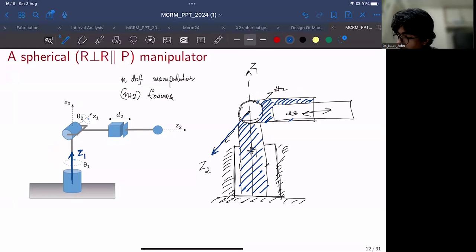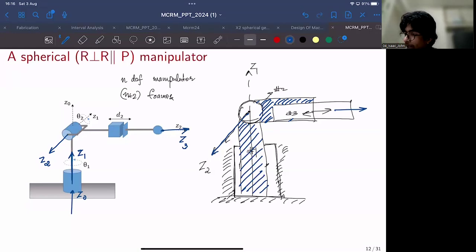So I'll basically have Z2 over here like this. And Z3 would be along this axis because it's a translational joint. So I'll attach Z3 over here, Z3. Now we also need to attach one more frame, that is ground. For convenience, I'll attach Z0 like this, Z0, which is the ground frame of reference. Okay,